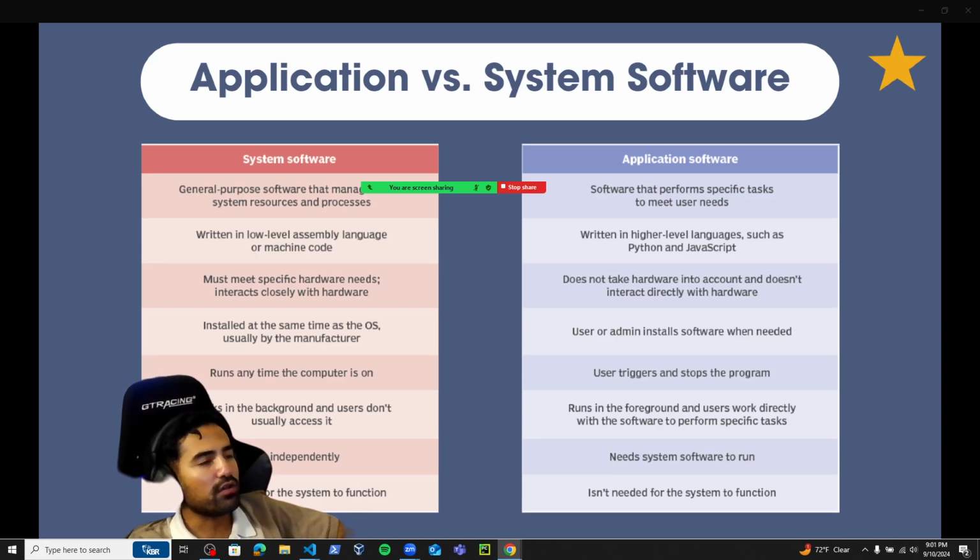It works in the background, so users don't really access operating system software. It's not like TikTok where you're pushing buttons. The operating system software works on its own, so it runs independently. It's necessary for the system to function. I talked about this with RAM and ROM, kind of how RAM is short-term memory and ROM is long-term memory,